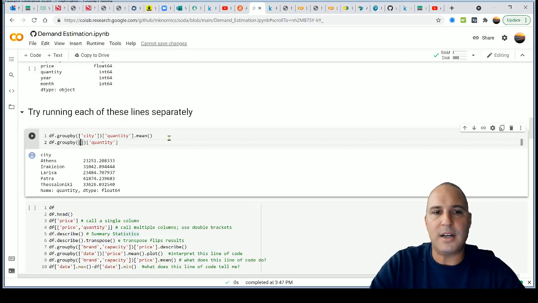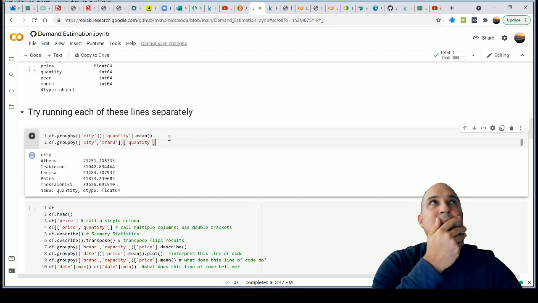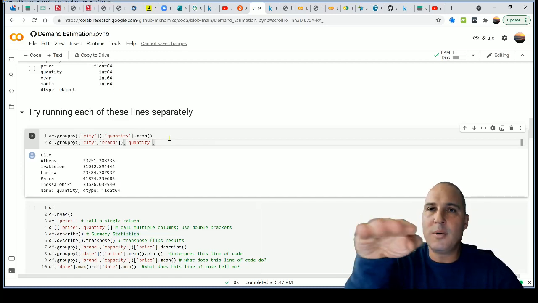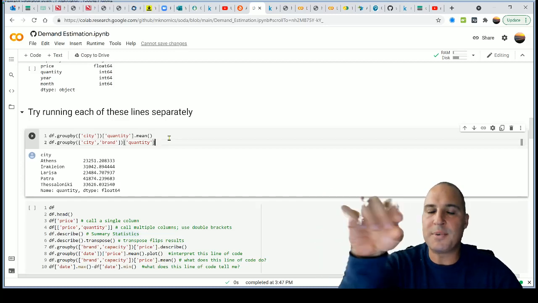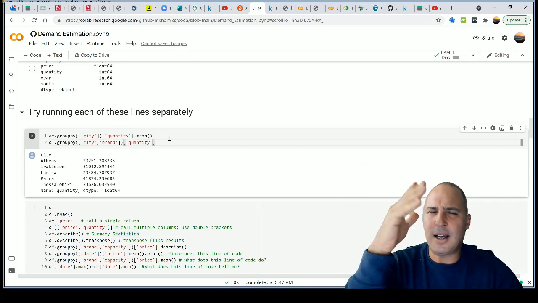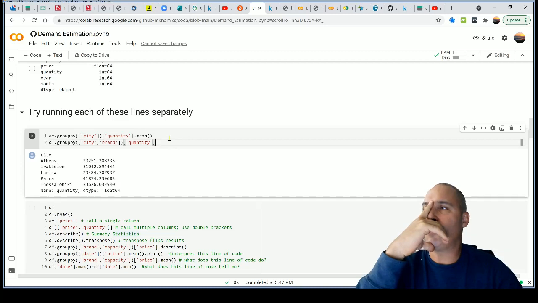Well, on the inside we're going to have by city and also by brand, right? As to what brand within the cities are most popular. So quantity. And then we could also do this idea of, instead of mean, remember, on the rows we have shops. So those are shops that are recording those. I wouldn't want to average, because I'd be averaging highs and lows between shops. Actually, if I want to talk about pure popularity,